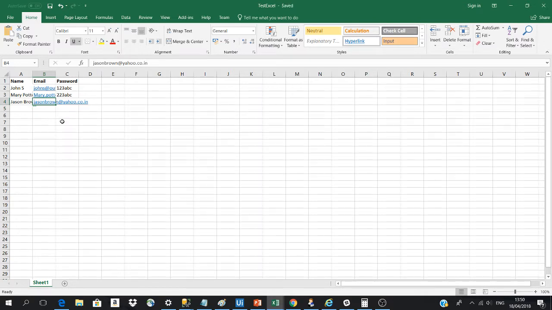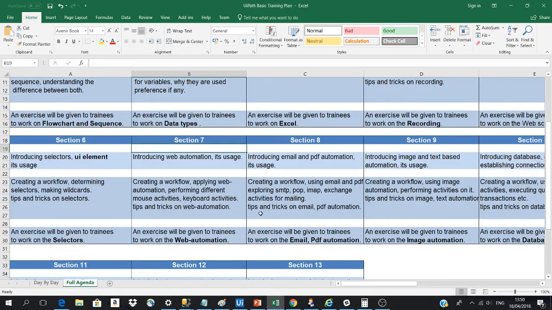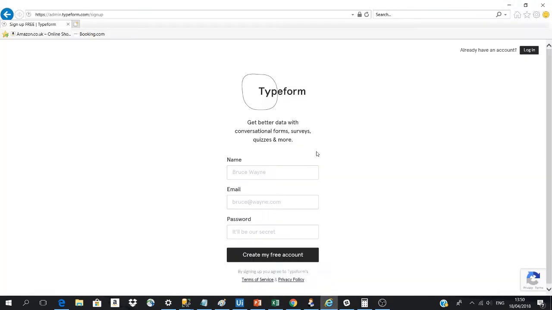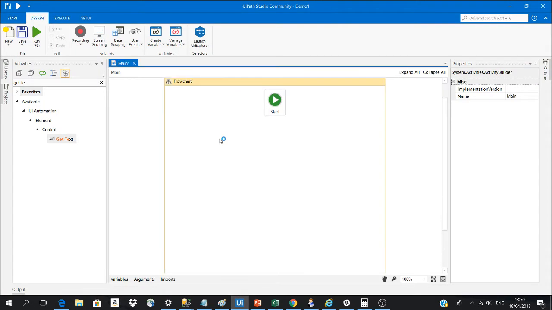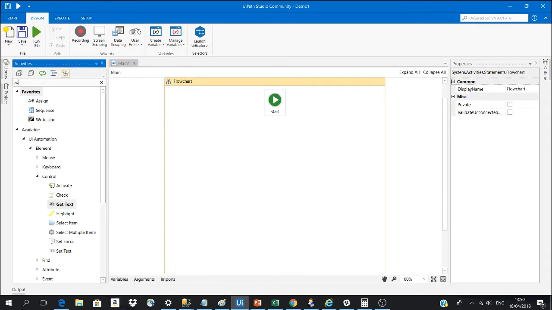So let's save this file. It's a test Excel file, and what we're gonna do is get the records out of that file, and create new dummy accounts in it. So what should be our first action in order to perform that activity? The first action should be, let's create one sequence